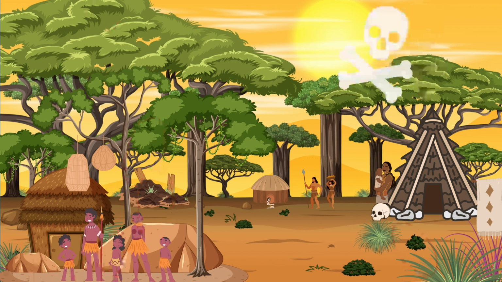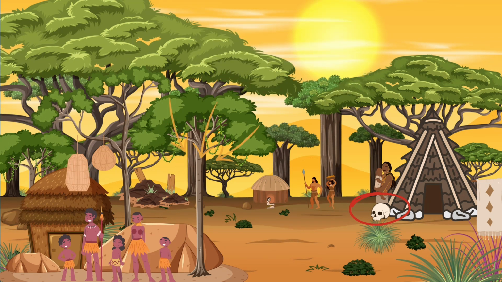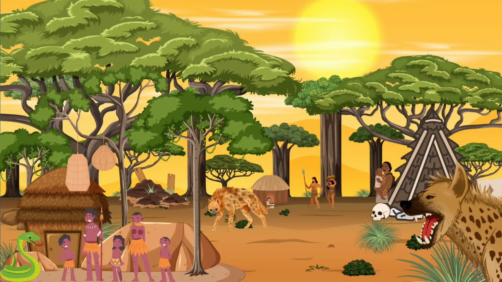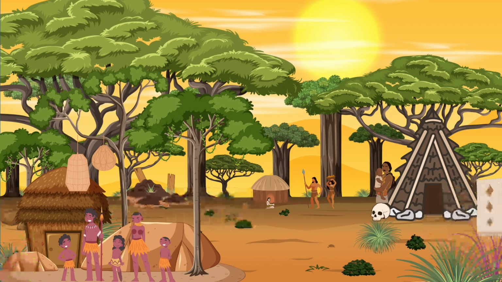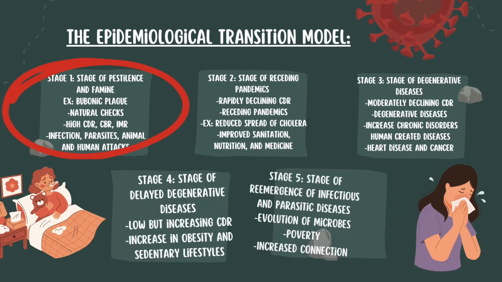Speaking of their poor living conditions, the infant mortality rate and total crude death rate was extremely high because of infectious diseases and parasites that come from unsanitary procedures and the lack of proper antibiotics or healthcare and medicine in general. Animal attacks were also more probable in this stage due to the lack of developed weaponry to protect themselves. Human attacks also happen more frequently because of the desire to expand territories and power. Also, an inadequacy of regulations and governance over people made it more likely for them to harm one another. Like the DTM, there are no countries in stage 1 of the ETM, but there are small communities that still